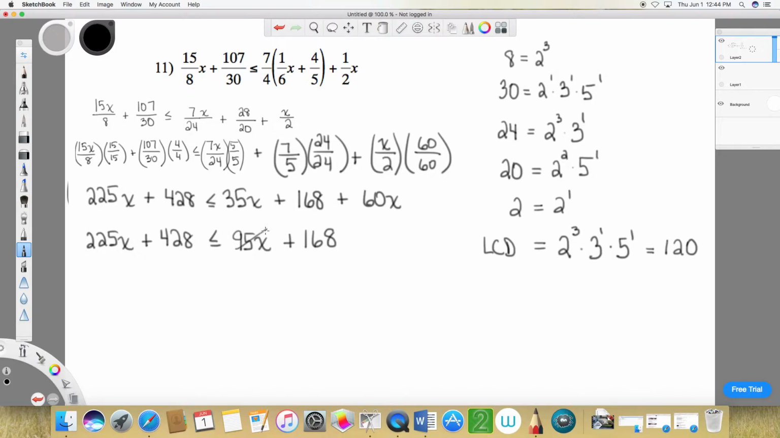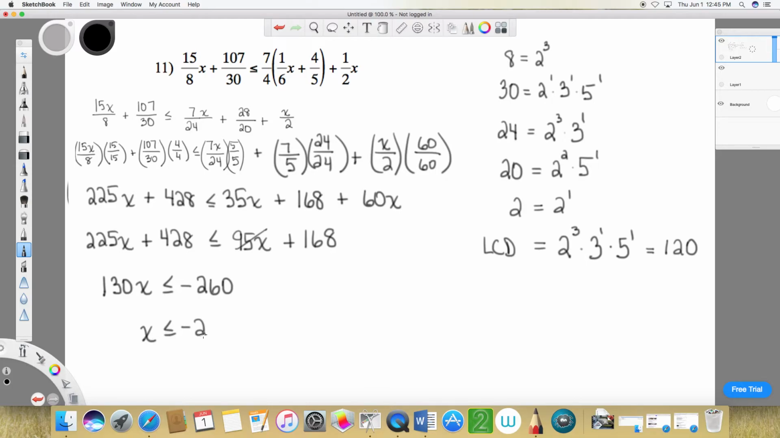Let's take away 95x from each side. So if I've got 225 minus 95, 130. And let's take away 428 from each side. So we've got 168 minus 428. And if I've keyed that in correctly, I get negative 260. And yeah, if I divide by positive 130, then I get a negative 2. And so that's our solution to this, that values of x are less than or equal to negative 2, but